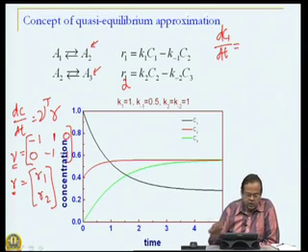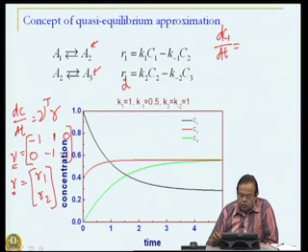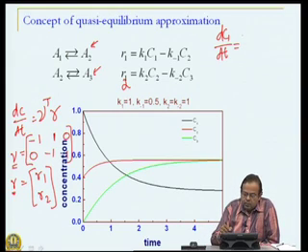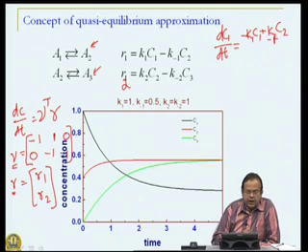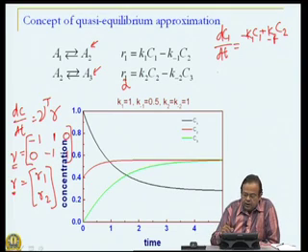So, if I take these two things together, I will get my mass balances, and you can verify it for yourself as minus K1 C1 plus K2 K minus 1 C2. That is all that is happening for the first species. Similarly, I can write for dC2/dt, I can write for dC3/dt,